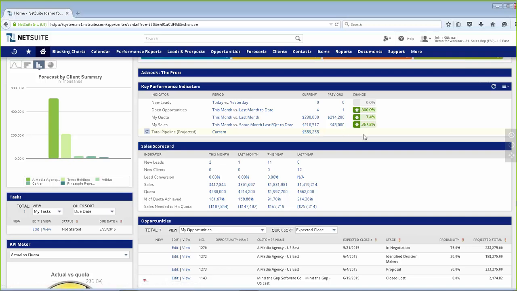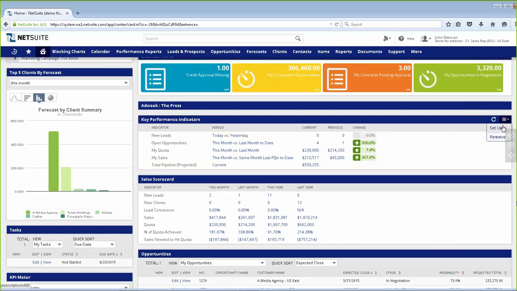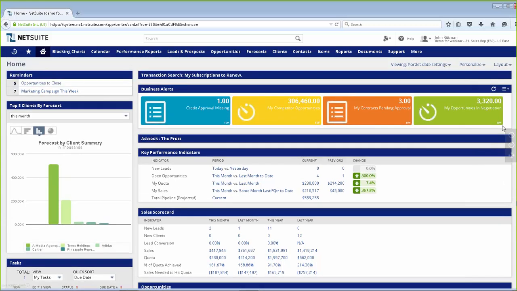For any of the dashboard information that you're seeing here, I have the ability to set up and add any standard reports that we have in the NetSuite system. We have over 200 reports ranging from finance, marketing, sales, and project reports that I can add in here. I can also modify any of those standard reports or build any reports ad hoc and put those on my dashboard. The dashboard's also easy to personalize.